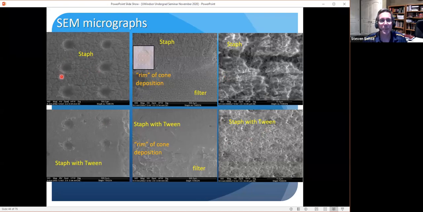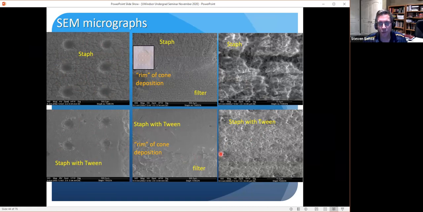So when we've deposited Staphylococcus on the filter, here's the layer of the Staphylococcus. You can see all these cracks in it. It forms this dry desert lake bed view. It dries up and then it cracks, but that's all bacteria sitting around in there. And then sometimes we treat it with a chemical to make it lay better, and then you see the cracks